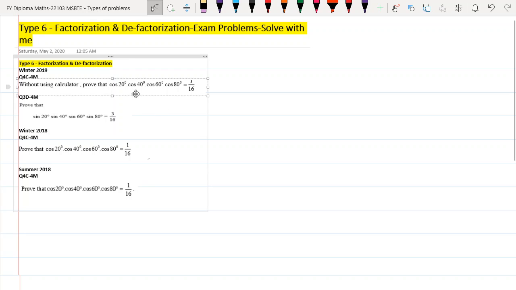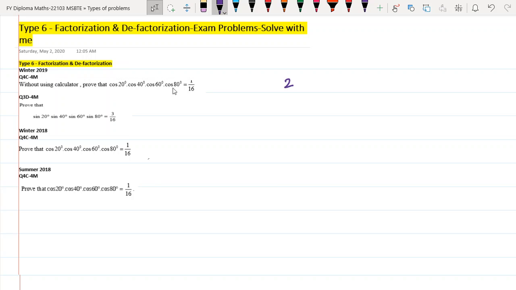So let's break this down. If you see here, like I told you in the previous video, there are too many cos angles. How do I figure out that I'm going to apply the type 6 defactorization formula? One of the things you'll notice is that the angles are 20, 40, 60, 80, and it's a product of cos terms, so you can easily apply the formula, which I'm going to write on the side here: